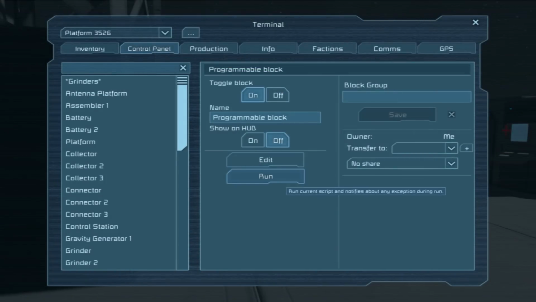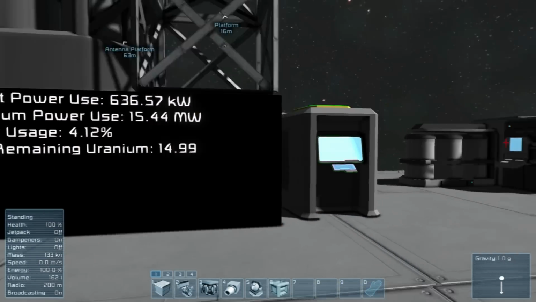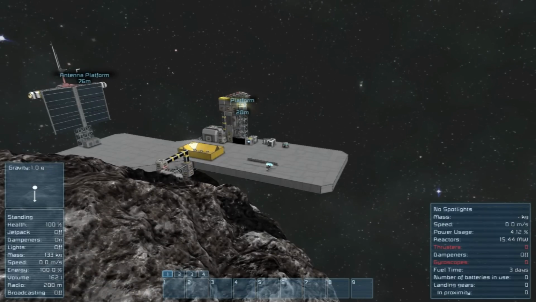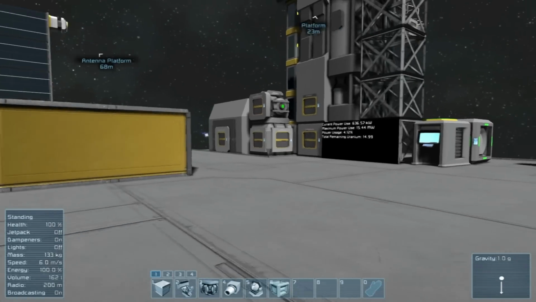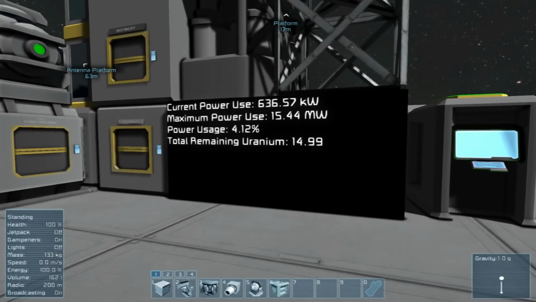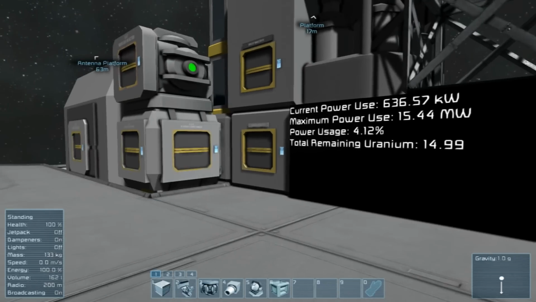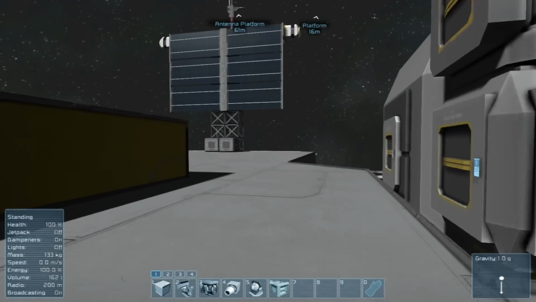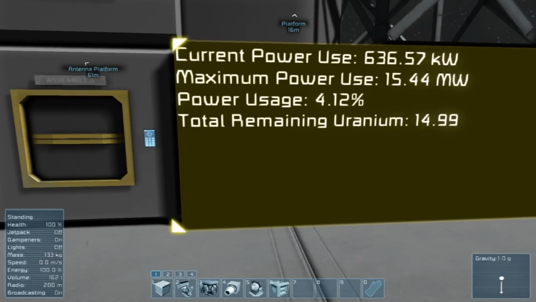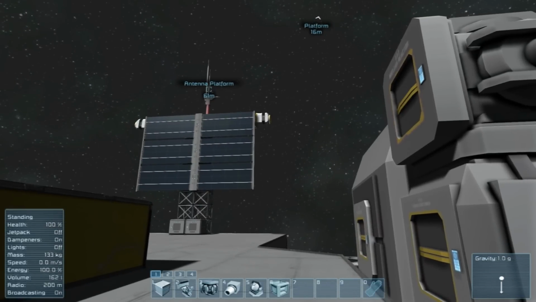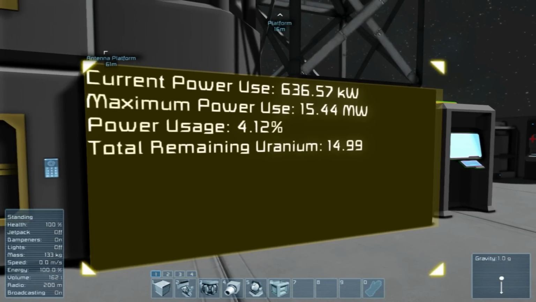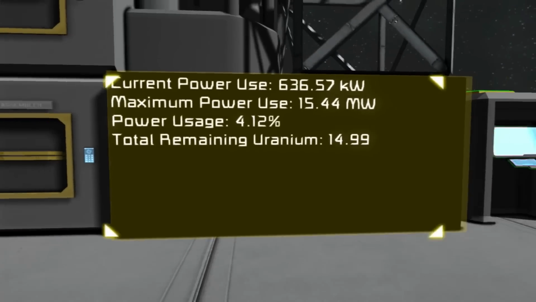Now, the one thing that a lot of people requested that I wasn't able to do is this thing over here where it says fuel time 3 days. The reasoning for this is that you would actually have to take into account the amount of the bigger one, which is uranium, because as we've seen with the detailed info, the batteries tell you how long they have before they run out of power. The solar panels never run out of power as long as their position doesn't change. So the big elephant in the room for a code that would actually have the fuel time is the uranium,